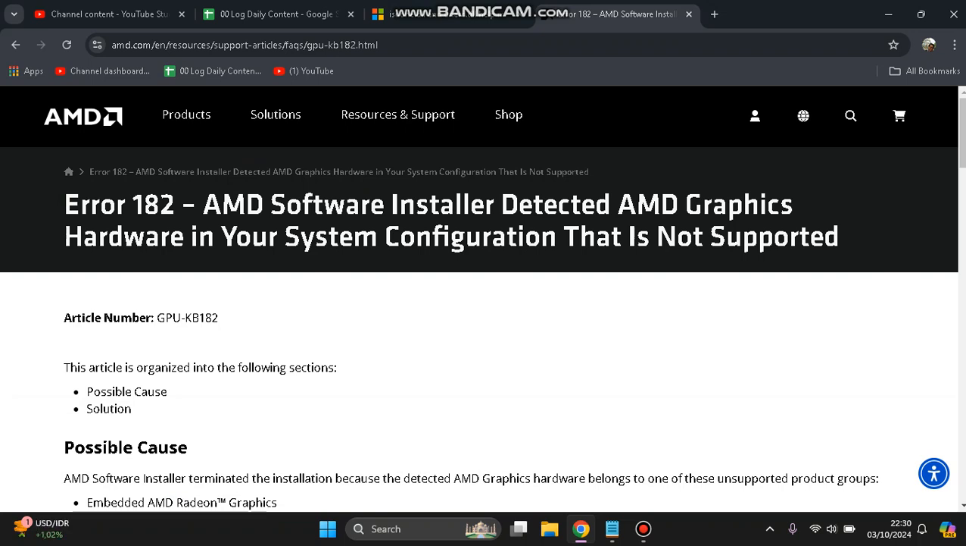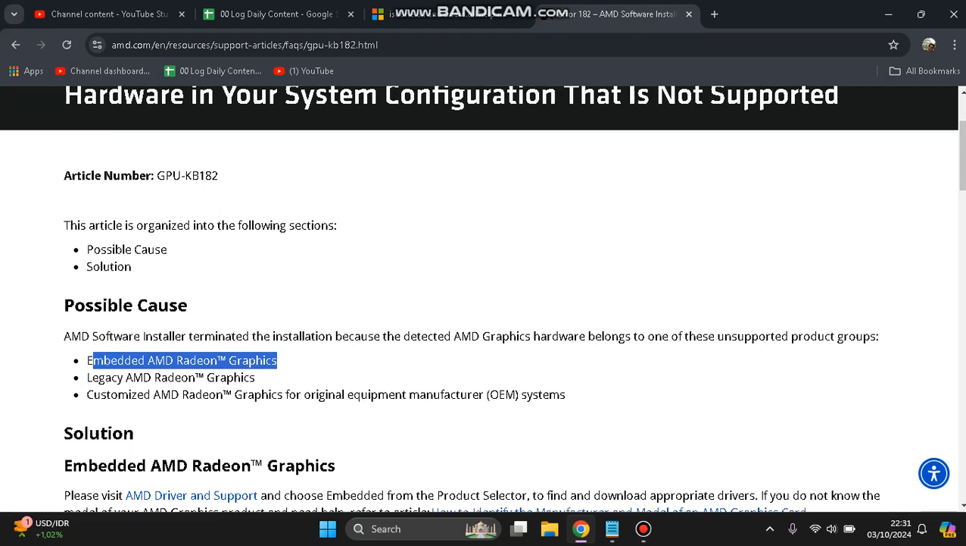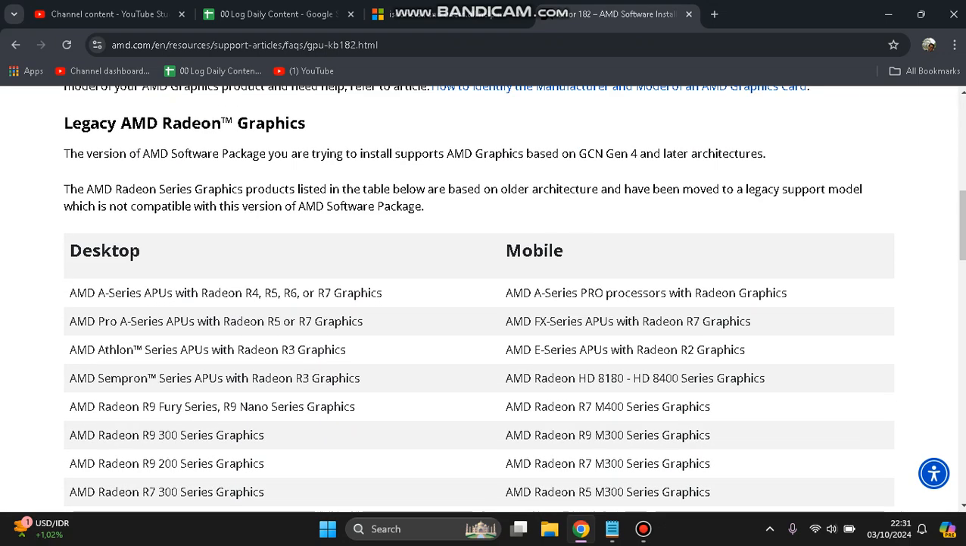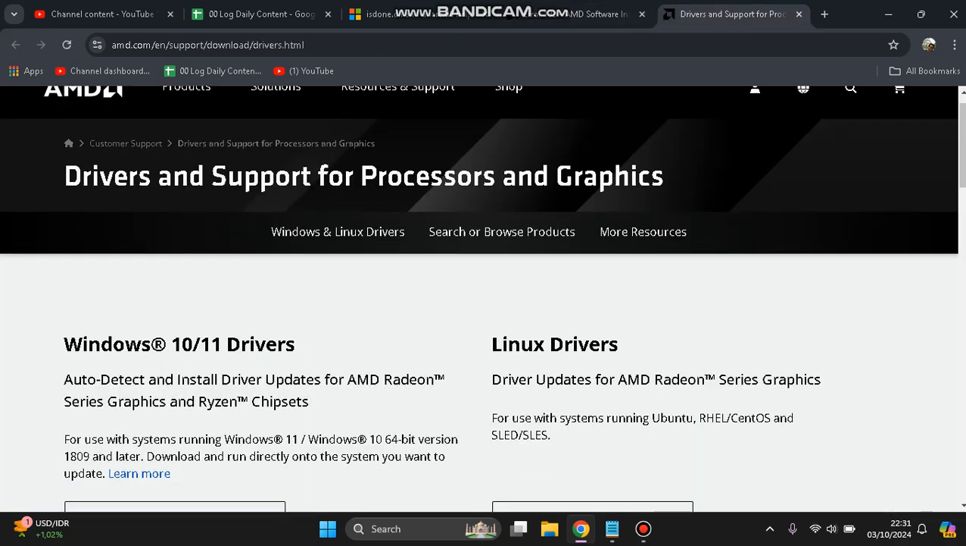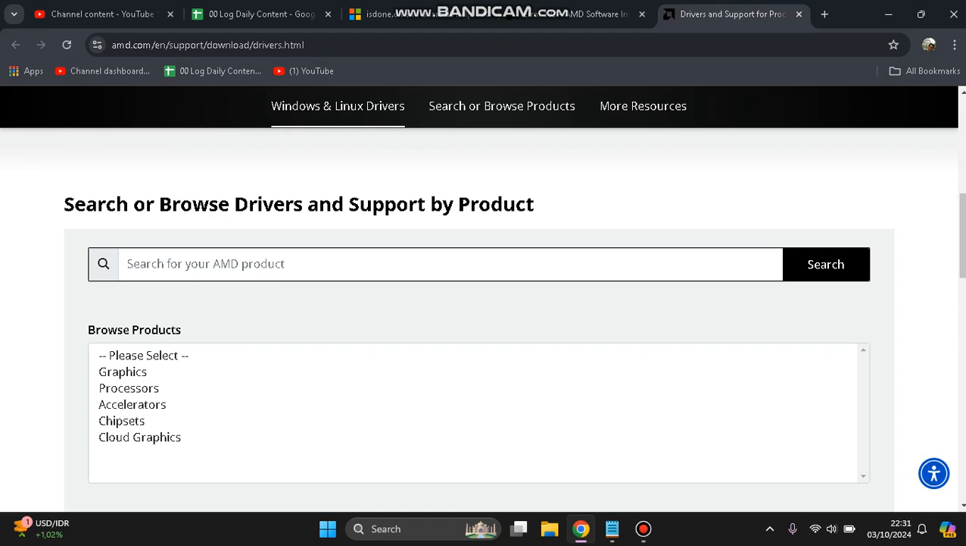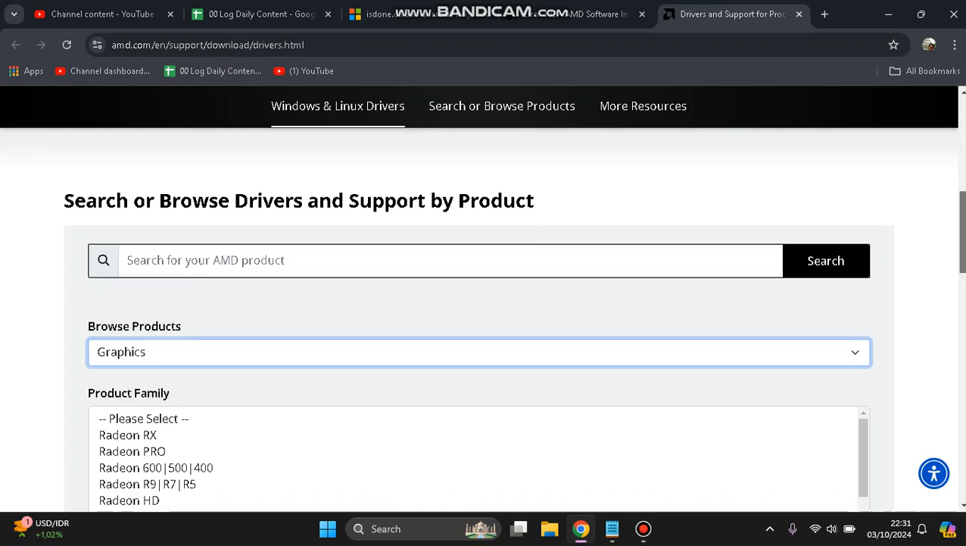So there's a special case. If you have an old GPU or OEM system or embedded AMD Radeon graphic, you cannot use Adrenaline. For example, for the embedded AMD Radeon graphic, you can install the driver that is in the embedded category. So you can go to support, download drivers, click on graphic, then select the